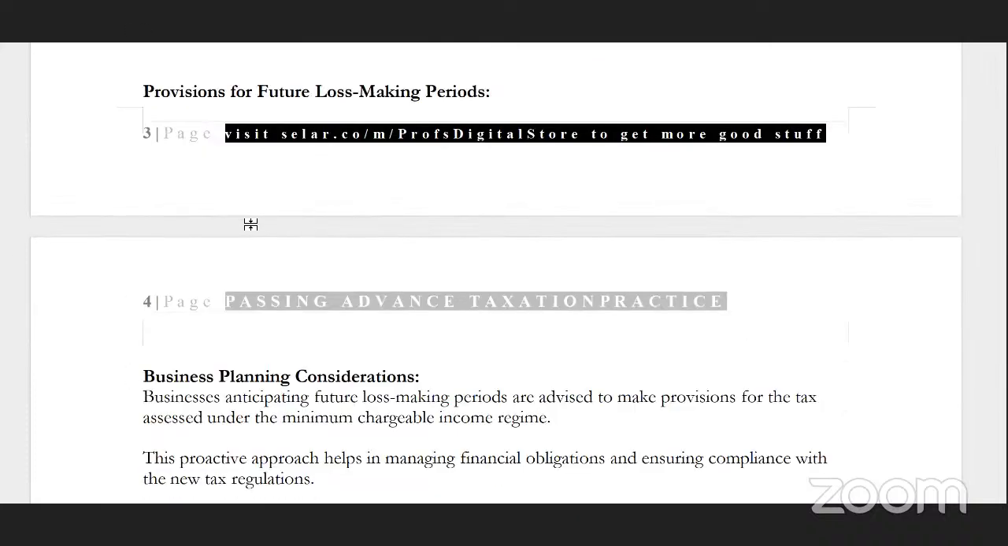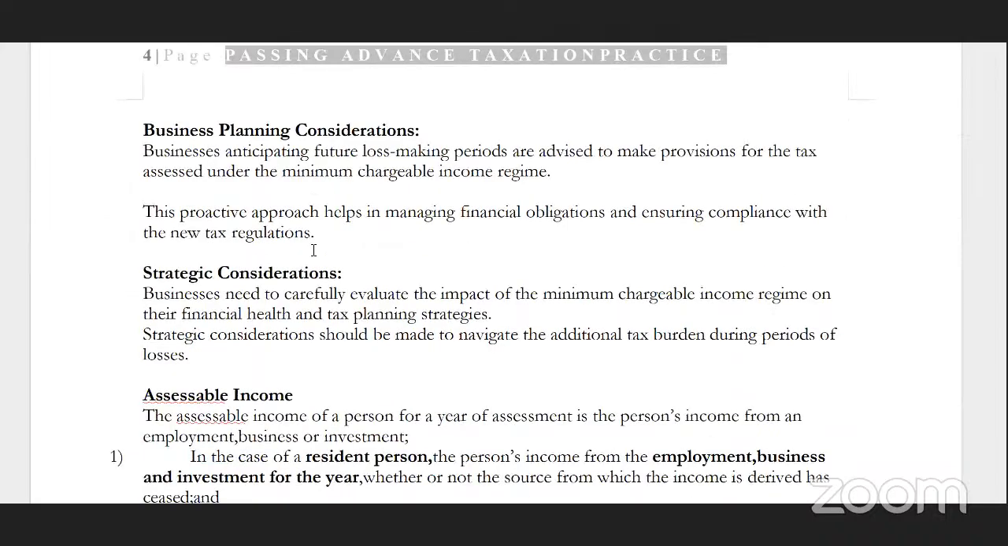Now, what is the provision for future loss-making periods? Businesses that anticipate future loss-making periods are advised to make provisions for the tax assessed under the minimum chargeable income tax regime. So how does that work? If I've made losses in these 3 years or these 5 years, and I expect that from next year I'll still be making losses, then I cannot use the normal income tax regime. Instead of filing nil returns, I must go with this. I must start anticipating and filing returns based on my estimated